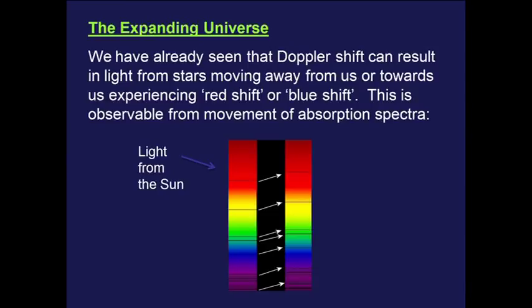When we look at the light from the sun, we've already covered this, there are certain absorption lines in the spectrum of light from the sun which are to do with the Balmer series, the fact that hydrogen, which we know to be the most abundant element in the universe, is absorbing certain frequencies, certain wavelengths of light out of the spectrum. When we compare this to light from distant galaxies, this is what Hubble looked at, he noticed that the bands had been moved. Okay, and as you can see, these lines have been moved towards the red end of the spectrum.